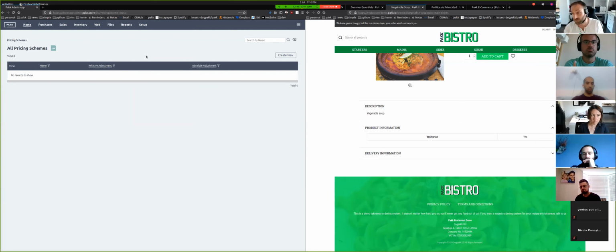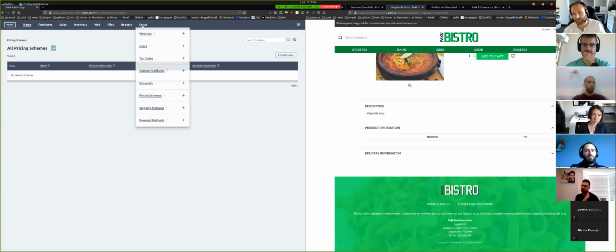And then when he logs onto the site, he will get customized pricing, which will override the pricing scheme of the website if there's one. So it's kind of like you have a base price, and then you can override that with specialized website pricing, and then you can override that with specialized customer pricing. And that's in addition to the auto-calculated discounts, which can be the buy one, get one free and all that kind of stuff. So you can do crazy stuff with discounts and promotions and offers and all that kind of stuff. Shipping methods you've seen,